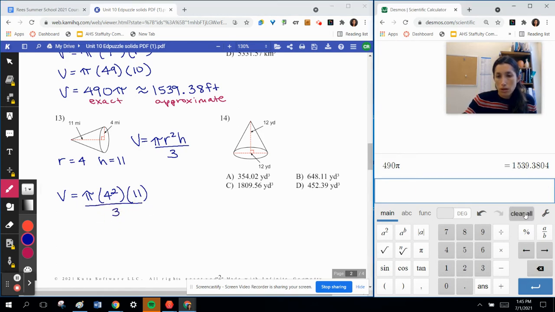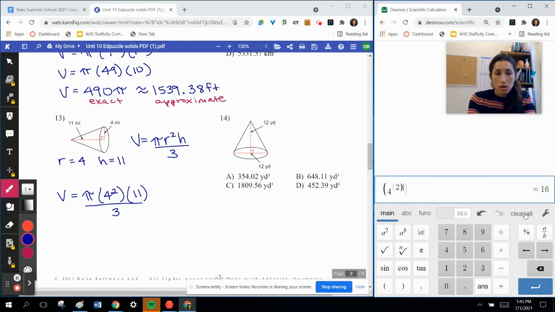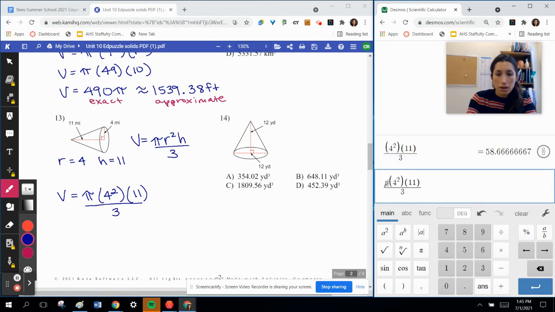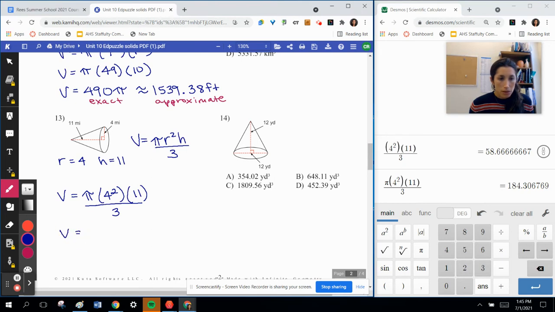So I'll show you what we can put into the calculator initially. We're just going to put 4 squared, and then we're going to multiply by the 11, and we're going to divide by 3. Now, if I took that same thing and I put pi in front of it, that would be my approximate answer. This is kind of weird because typically we don't put decimals in front of pi, but this is what the exact answer would be. So just these pieces multiplied by each other, that would have given me